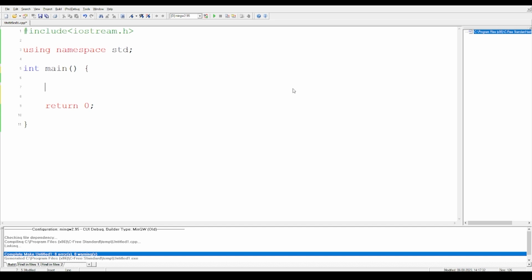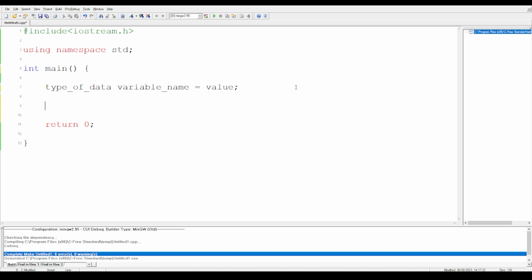Now, what does this declaration mean? For example, for that, we have to write the type of data. I'm just giving an example over here. And I have to write the variable name, whatever name you can give. There are certain rules for that also. And then I can give a value to it. So this is generally how we write or declare a variable.